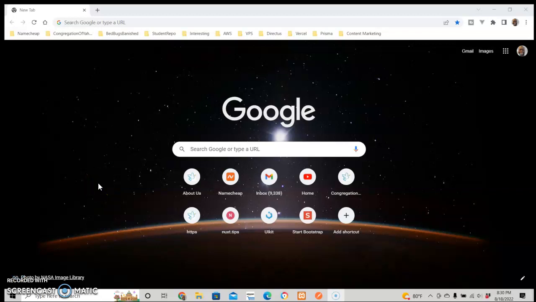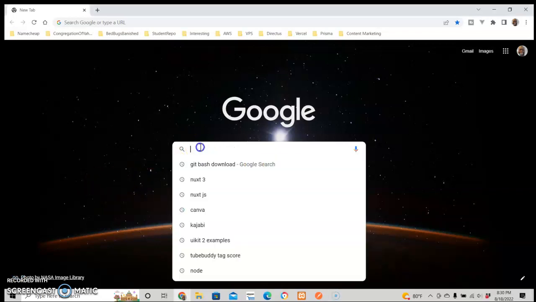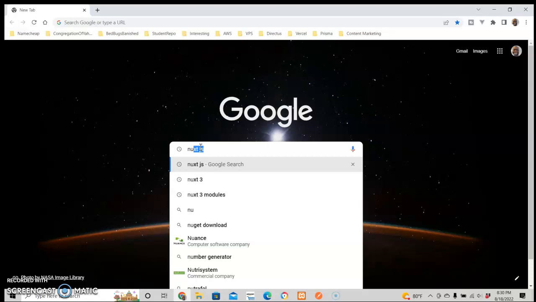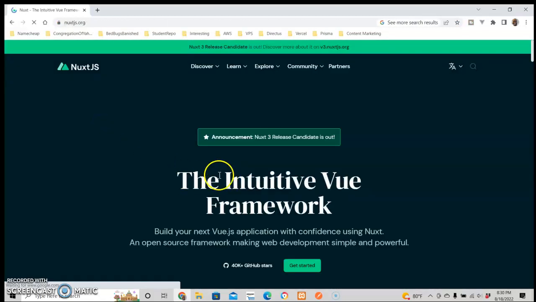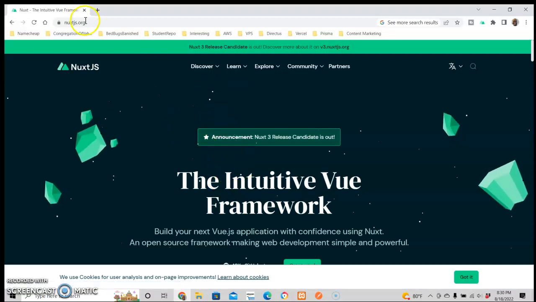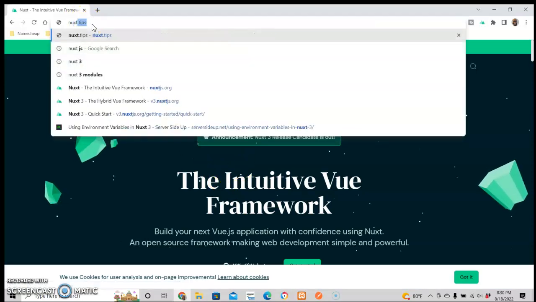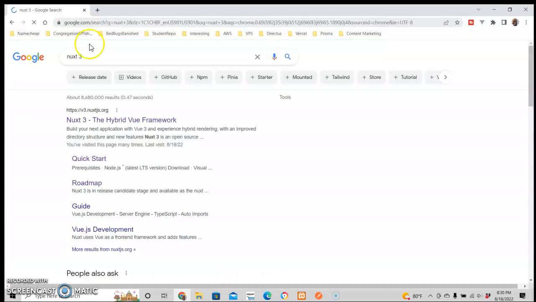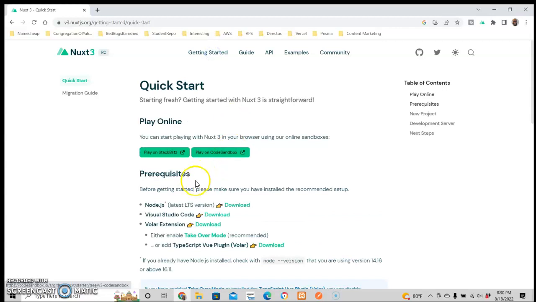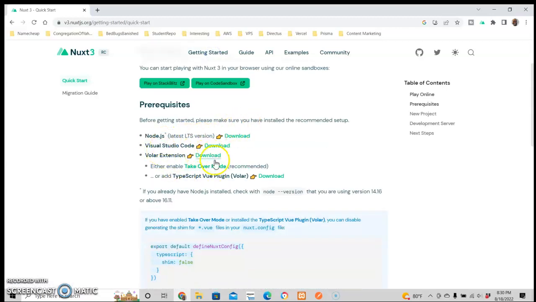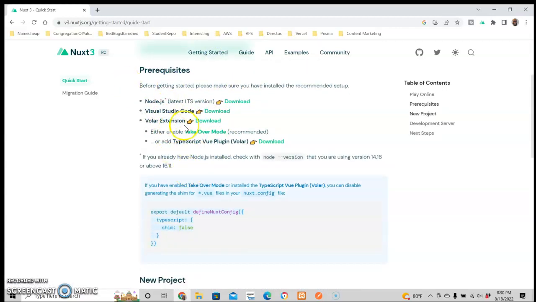Hey guys, so the next step after we made sure that we've gone to the nuxt.js website and looked for Nuxt 3, version 3, and we've clicked on getting started. You have downloaded all these. You can make sure that you have